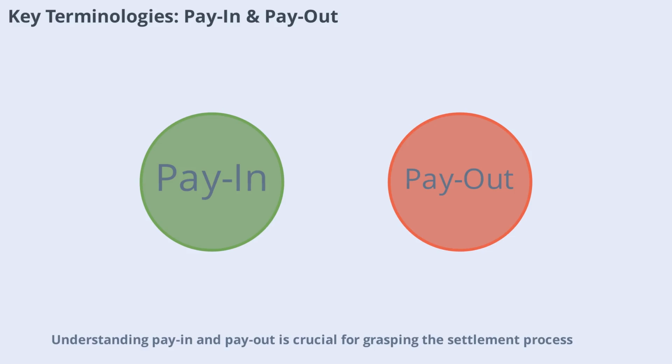Understanding pay-in and payout is crucial for grasping the settlement process. Pay-in refers to the phase where clearing members bring in money or securities to the clearing corporation, marking the start of settlement. Payout is the subsequent phase where the clearing corporation delivers money or securities to the clearing members. These processes are timed precisely, with daily settlements on T+1 and final settlements on T+2. The clearing corporation ensures that all obligations are met before the market opens, maintaining the integrity and smooth functioning of